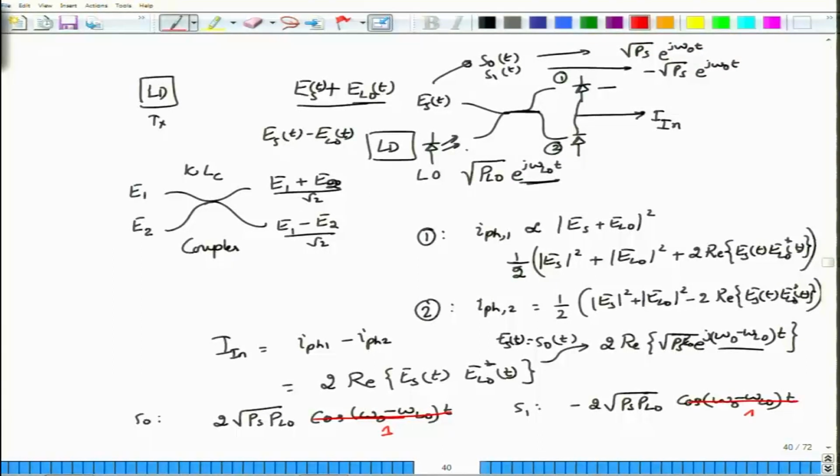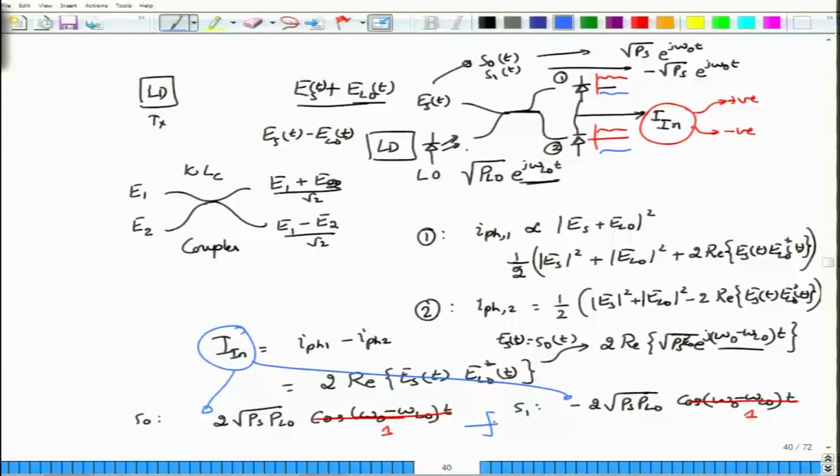Similarly, this will also be equal to 1, and now you look at this. The current I in can be positive or negative. Please note that current can be positive or negative because we are actually looking at these differences. So whatever the DC values that are there, this is the actual received current here, and then the difference is what I am looking at, and this difference could be positive or negative depending on whether you have transmitted bit 0 or bit 1. So the magic here is that the current I in can actually switch its sign between positive and negative.